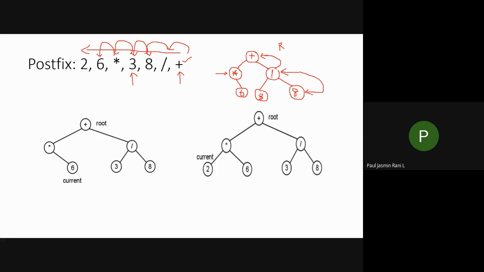Now 6 happens to be your operand. Definitely after this I can't insert anything. So again I have to go for backtracking of this parent node. So the right side is completed, so I have to create a left side node. After creating this left side, what element can I insert? 2 can be inserted. So this 2 is inserted. This process is repeated till I reach the end of the input. Now the end of the input is 2. When I reach this 2, it says that this is the end of my input. So I stop creating the expression tree.